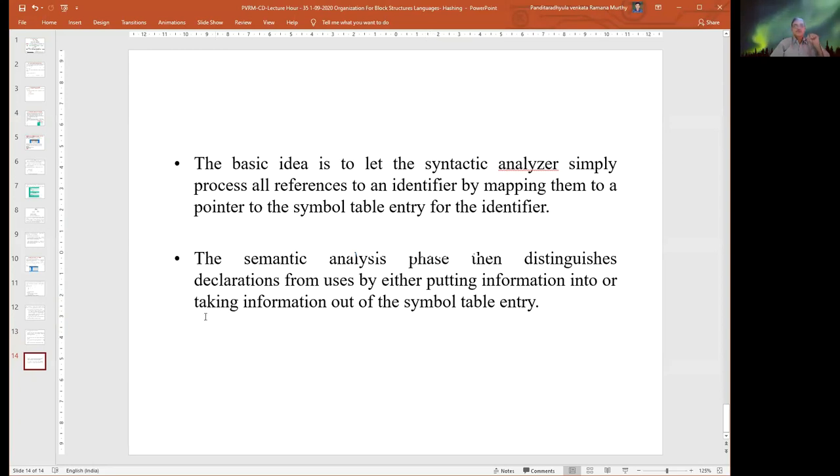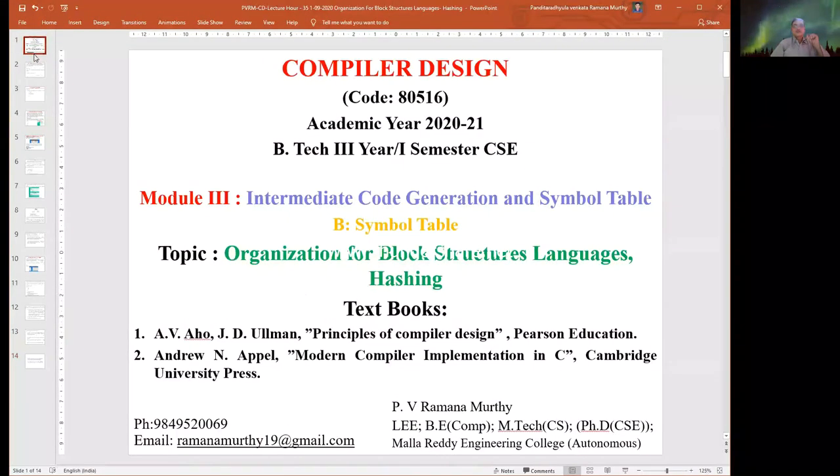Okay, these are the various ways we are implementing block structures, the organization of block-structured languages, and the hashing function with reference to the symbol table. How we are implementing hashing with reference to the symbol table, similarly, how we are organizing the block